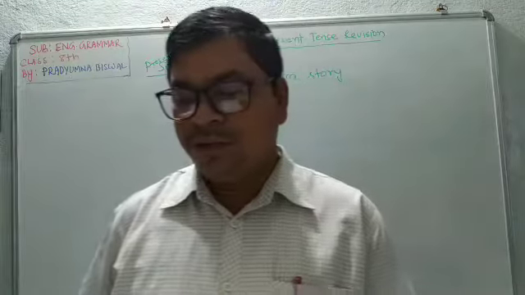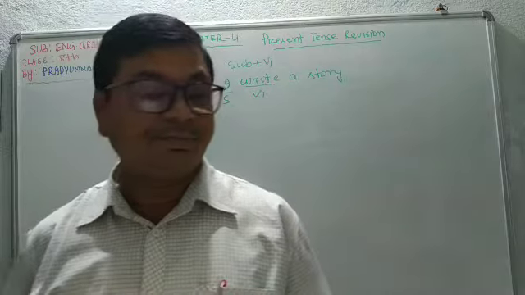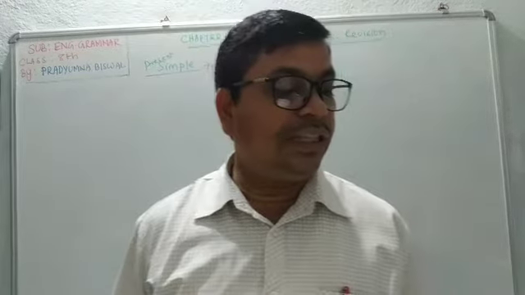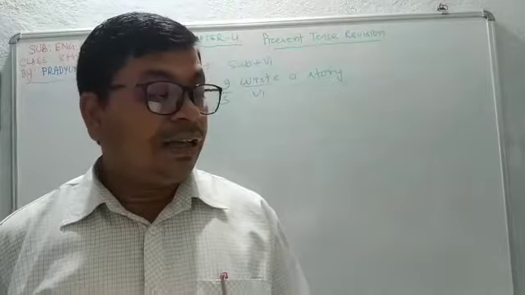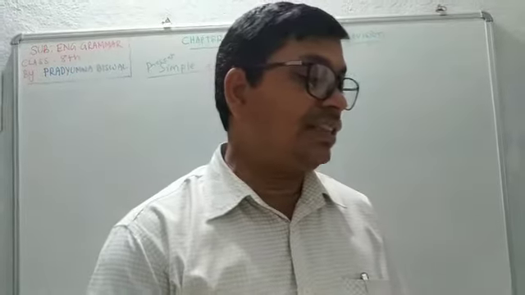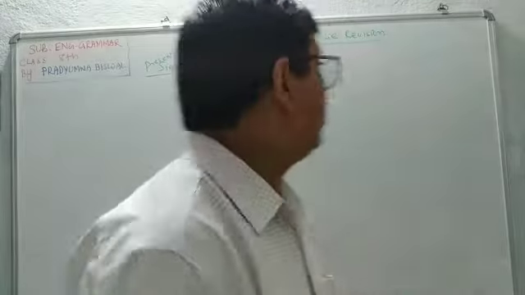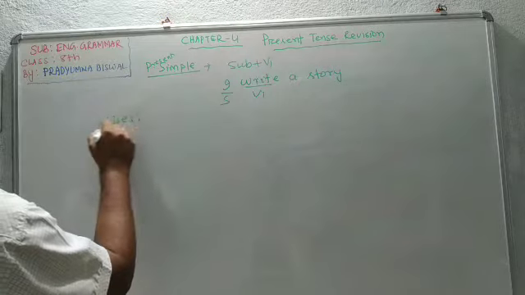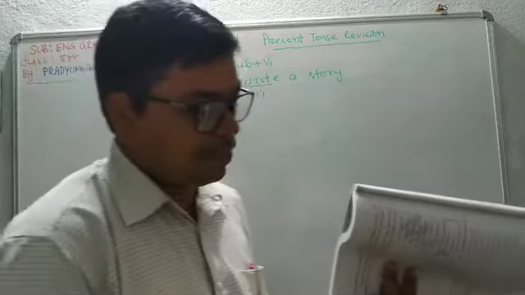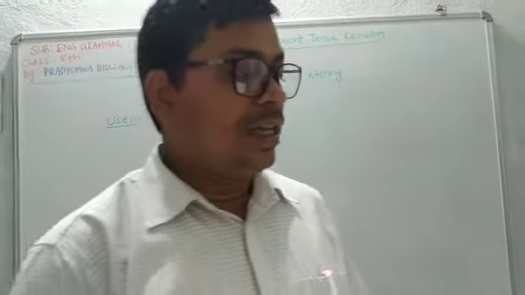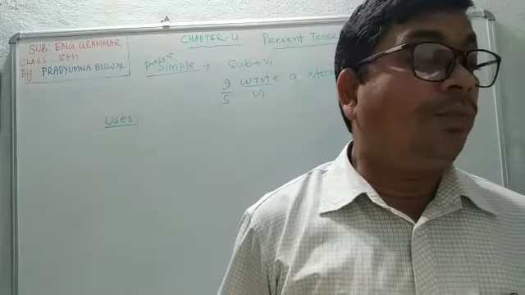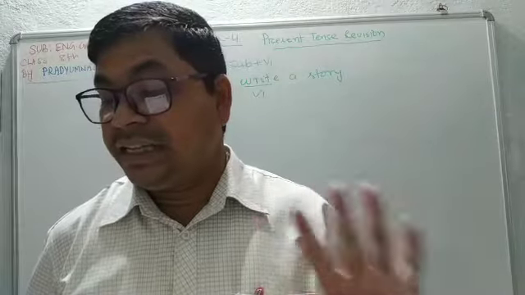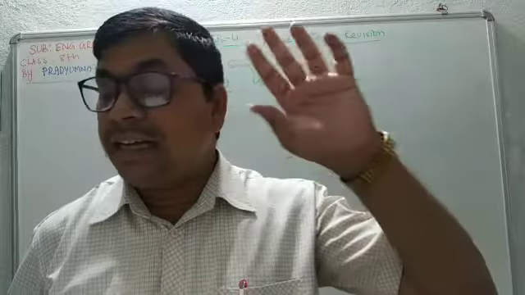Open your book at page 28. The forms of present simple tense have been given: I, we, you, they, and V1 directly. First, we will discuss the uses of simple present tense. In which cases will we use the present simple tense? Look at your book. The simple present tense is used for an action that takes place regularly.